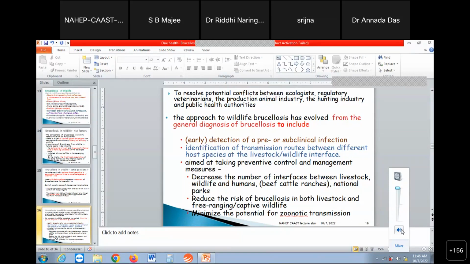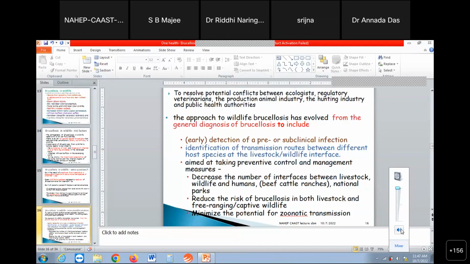So all these, whether the potential conflict. Now, all these do not gel together, right? So they need to resolve the potential conflicts between themselves and only then coordinate with the public health authorities. Well, that doesn't happen. So that is becoming the biggest problem. The general approach to wildlife brucellosis has evolved from general diagnosis of brucellosis to include